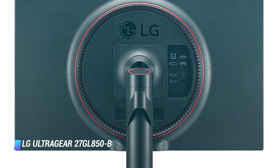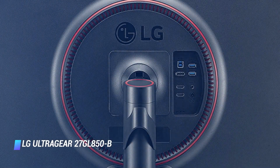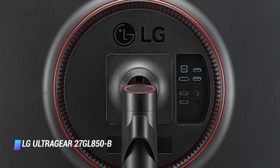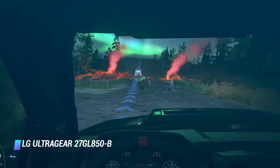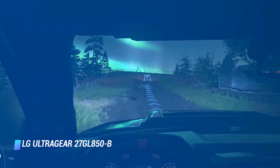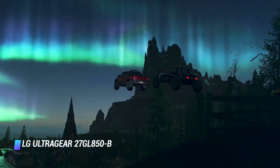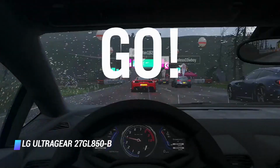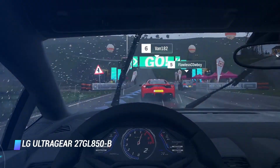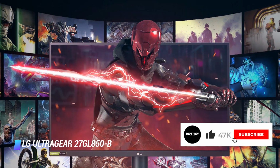Features: 27-inch WQHD Nano IPS display panel, 2560 by 1440 pixels, and HDR10 support. AMD FreeSync, NVIDIA G-Sync compatible, 144Hz maximum refresh rate, 1 ms response time, ergonomic stand. The LG UltraGear 27GL850B is the best gaming monitor for most buyers because it ticks all the boxes. It's feature-packed,